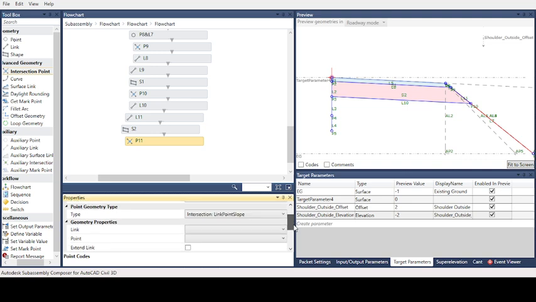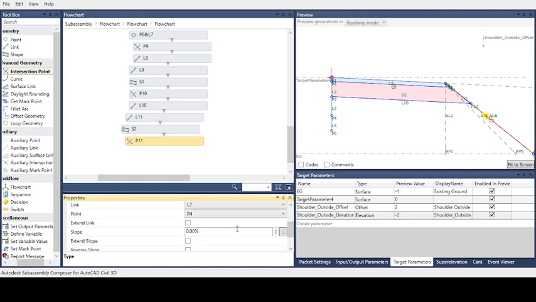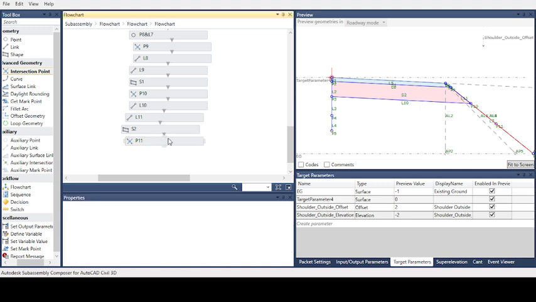The link for this one is link 7 and the point is point 4, and the slope is this SS slope. Now point 11 is created.